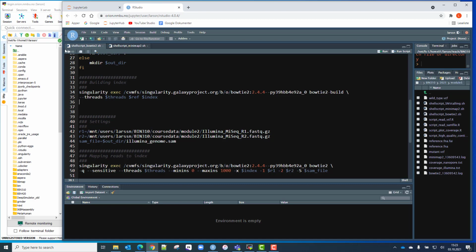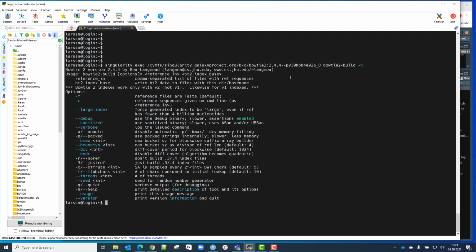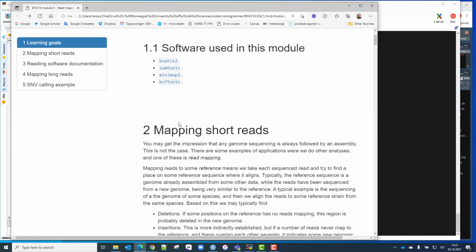Okay. What if we don't know how to start the software at all? We are told to use some software, but we are not sure if this is the proper command. How do we know that this is the command for building a Bowtie index, right? Because we only use the Bowtie container. How do you know that this command here, Bowtie Build? Well, the only real solution to that is to go and look up the help, the manual for the